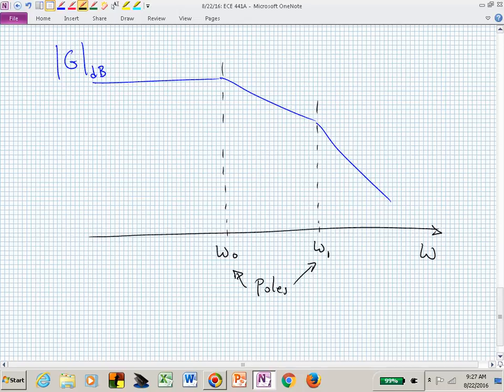Second order. And based on what the magnitude is at low frequencies, I now have the gain of the system, and I now have a model. I have a G of S. You've done that via inspection of your frequency response or of your Bode plot,